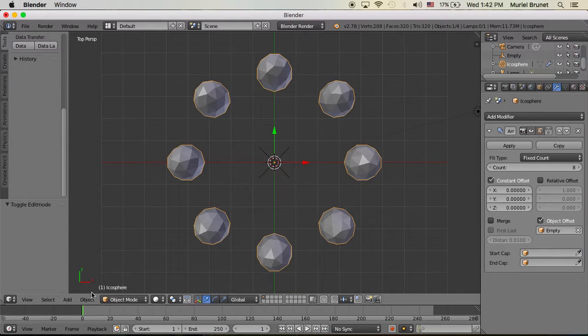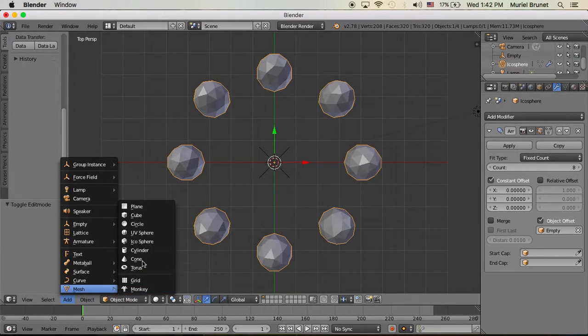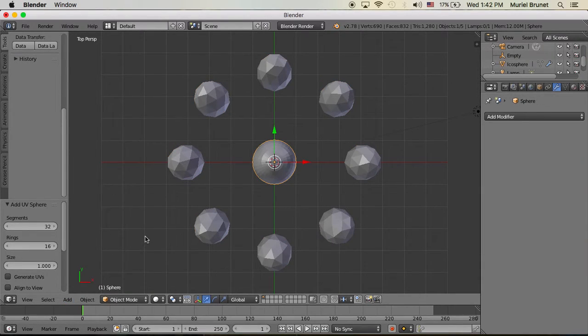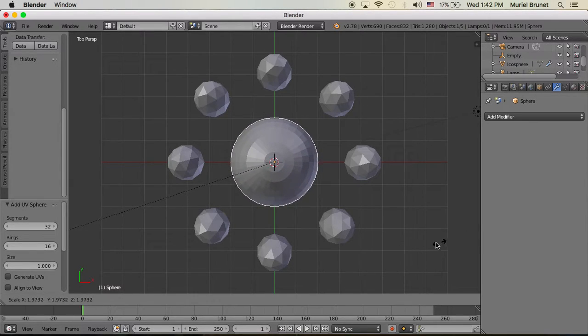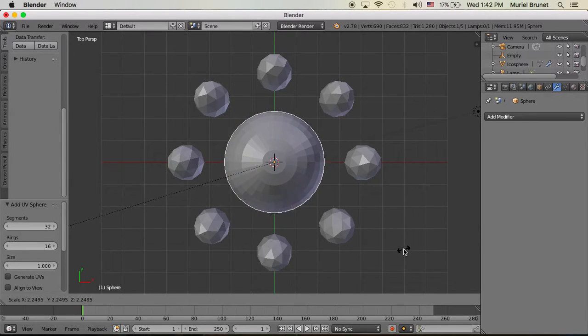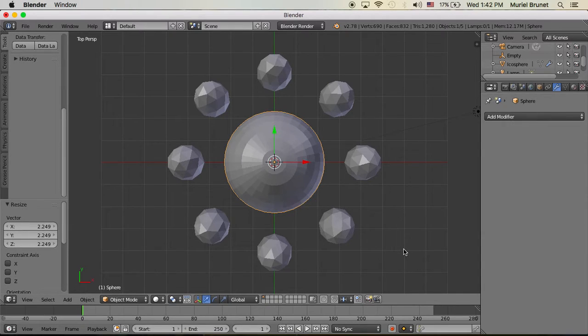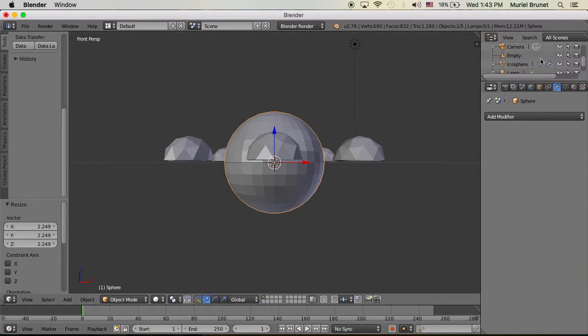So I will go back to object mode and then add mesh and UV sphere. So now I'm going to click S to scale it to be a little bigger. Okay, just about this size should do. Now I will go to 1 for front view, and I will hide the icospheres temporarily. Now I will go to edit mode